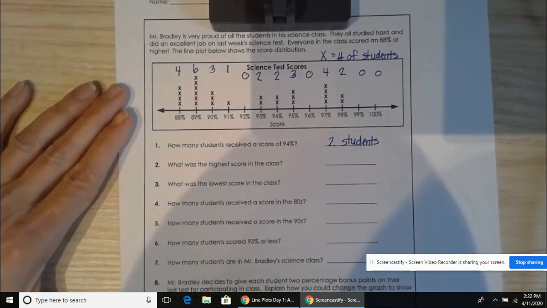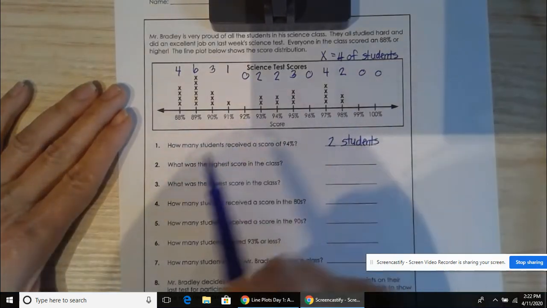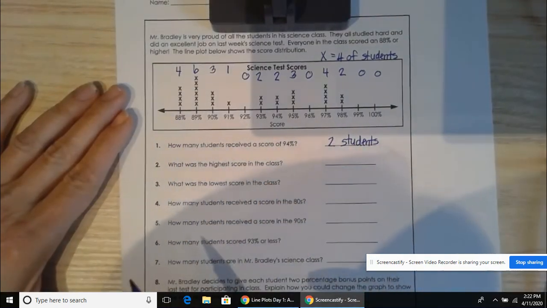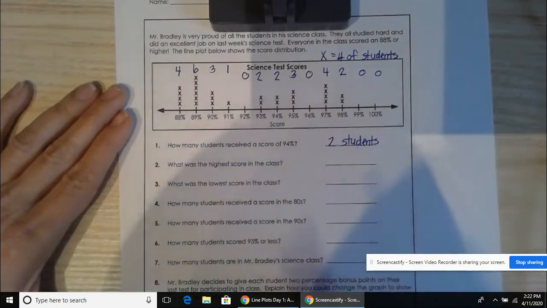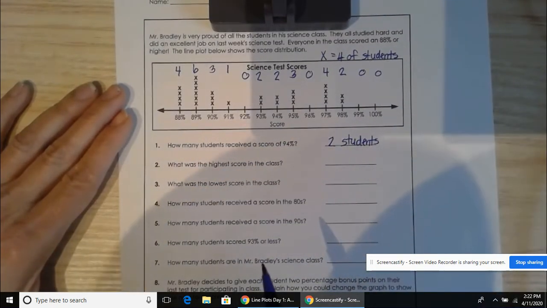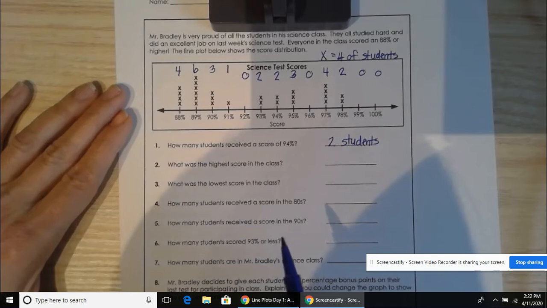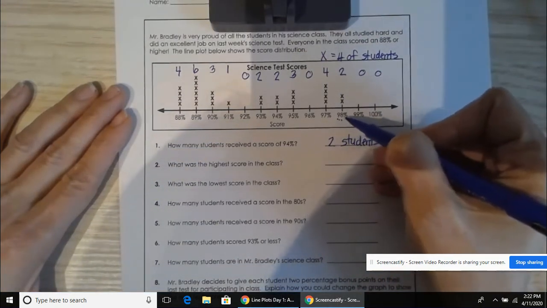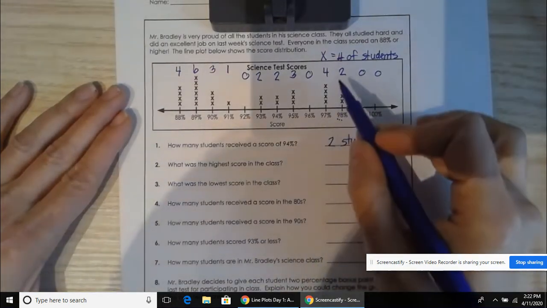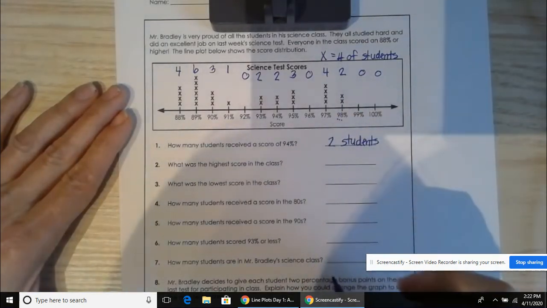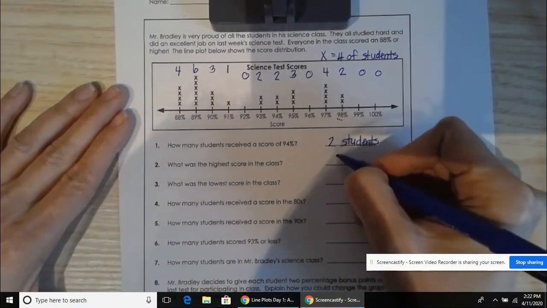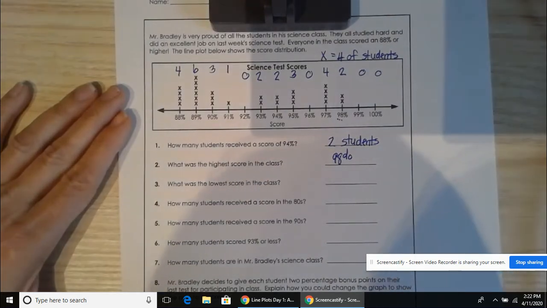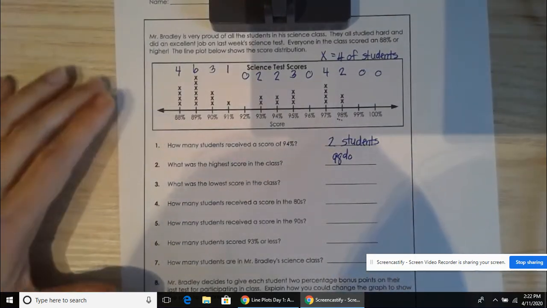What was the highest score in the class? If you notice when this line plot was set up, we started with 88% because that was our lowest score. We did list all the way up to 100% because normally test scores go to 100%. But when we think about it, our answer is actually going to be 98% because those are the only 2 students that received the highest score. So the answer for number 2 is 98%. What was the lowest score in the class? That would be